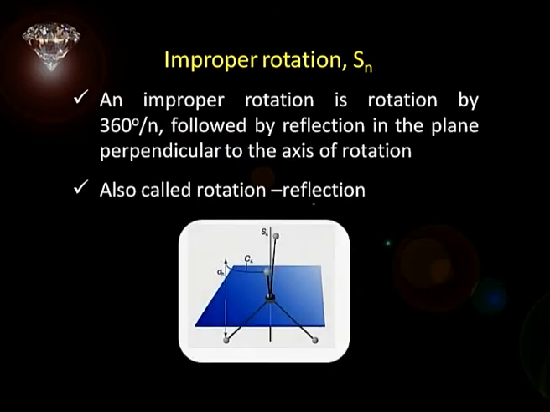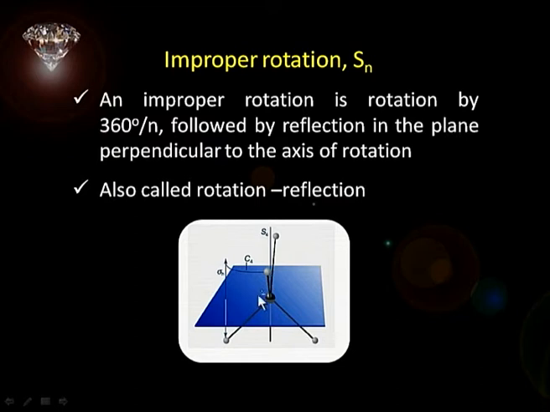What you see is that this is a tetrahedral molecule, with carbon here and 4 hydrogens. As I said earlier, this is a combined operation: a rotation followed by reflection. Suppose I do a C4 rotation along this vertical axis. You have to just imagine that I am rotating by 90 degrees. When I rotate by 90 degrees, this atom will come somewhere here, and thereafter if I reflect through this sigma h plane here, then I get the atom right here.